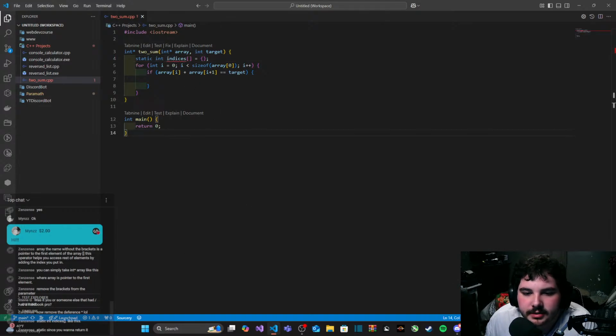Static int indices like this. Static since you want to return it.